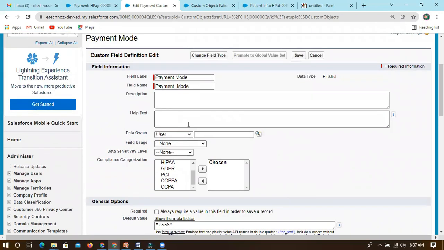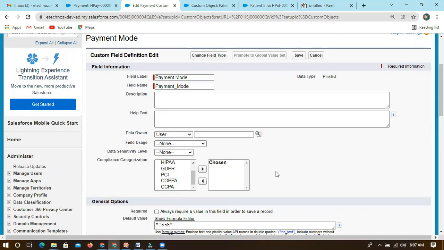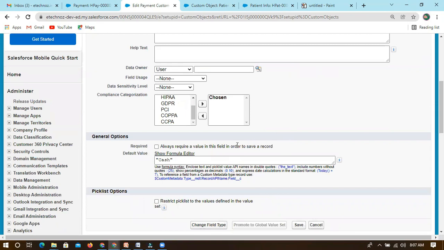So what I was asking, did you get the question, or shall I repeat? When we mark this field as required, we need to enter some data. Without entering any data, we are unable to save that particular record. If it is mandatory, we get an error like "this field is mandatory."